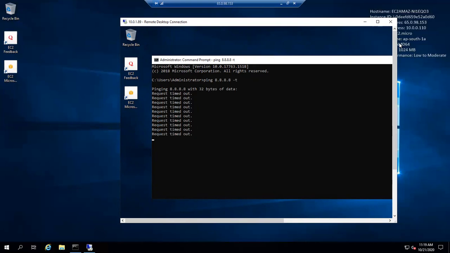Oh nice, okay, it's working. But I can change my routing table to give it public access. So I am going to ping this machine.